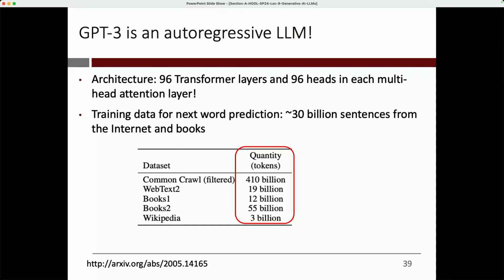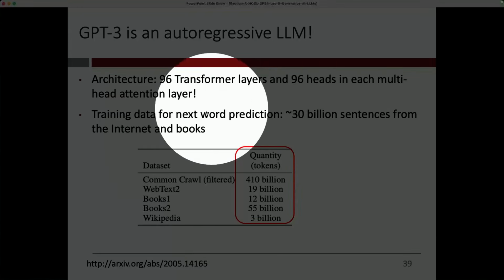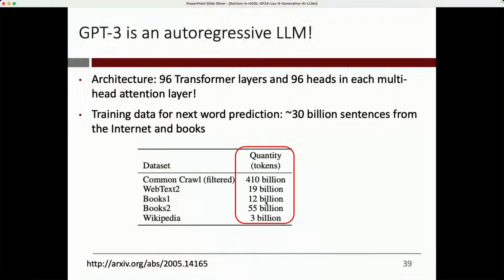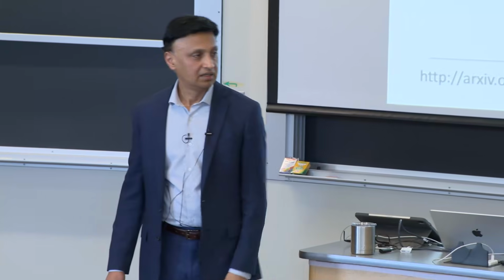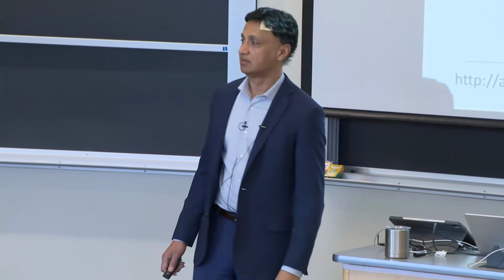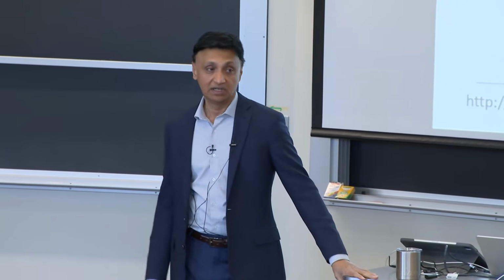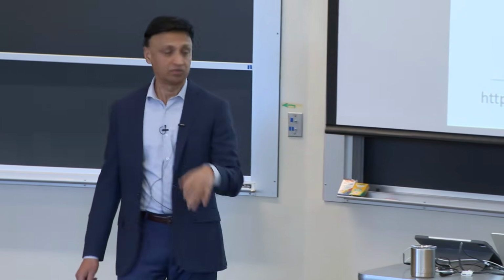And then for the data, they scraped 30 billion sentences from a whole bunch of sources: web text, Wikipedia, a bunch of book databases. And then they basically just took those 30 billion sentences and trained it exactly on next word prediction, over and over, that's it. Now, when they trained GPT-3, I think it cost them a lot of money because we hadn't figured out how to do it as efficiently as we know now. But it was still pretty amazing. And I'll talk about what is so special about GPT-3 in just a minute or two.